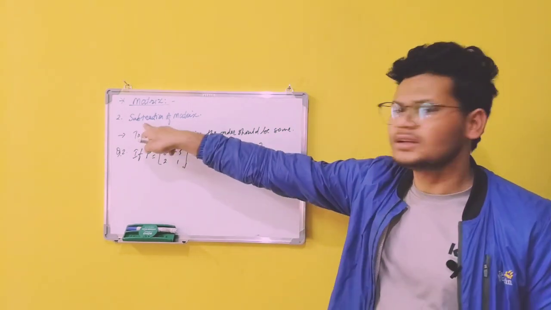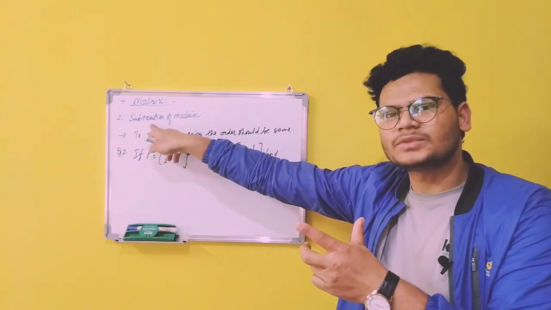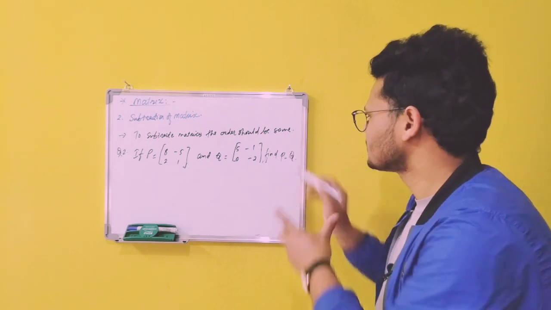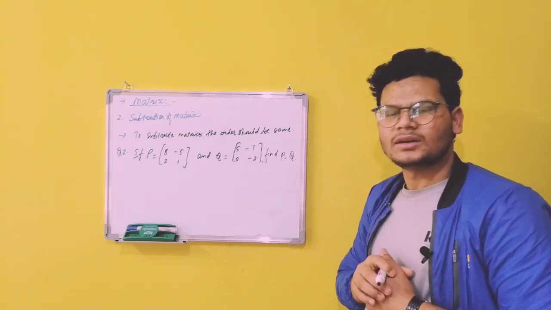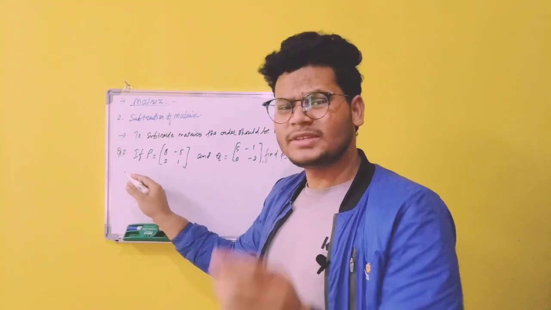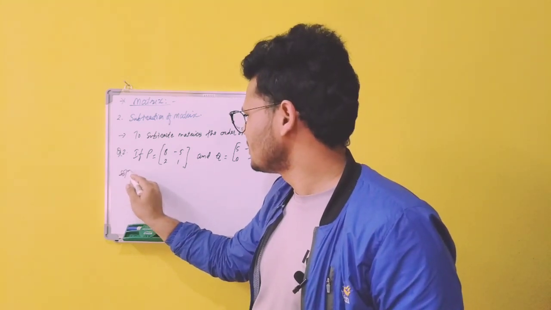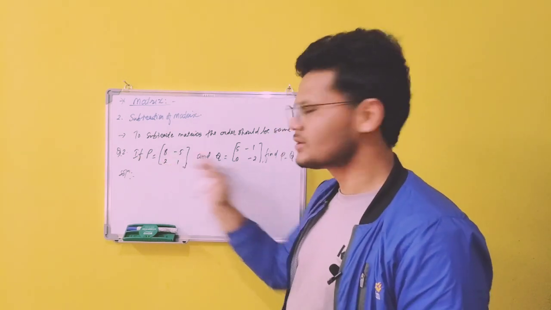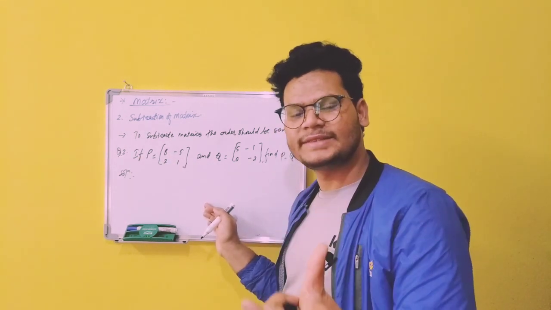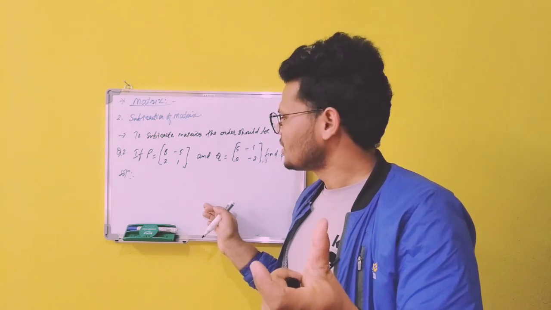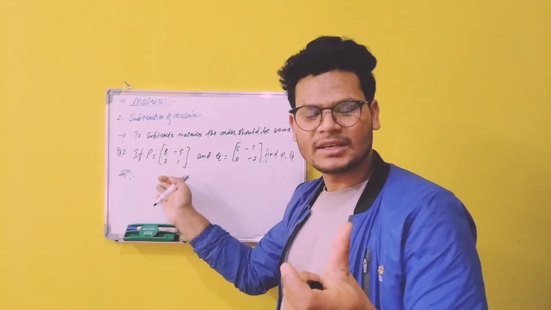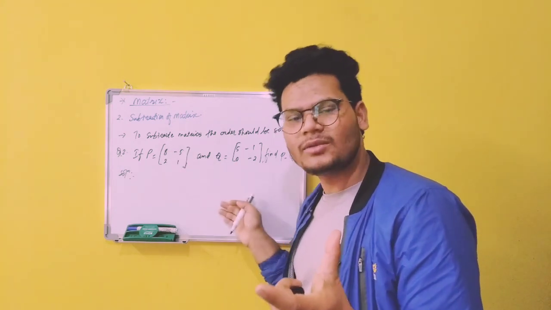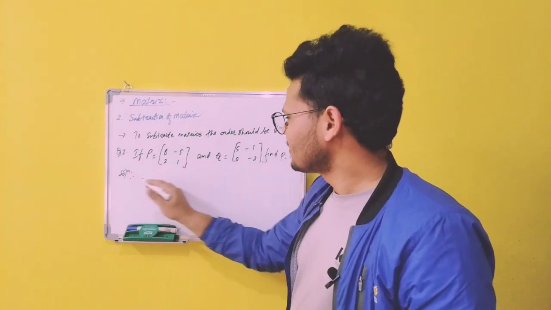Our question here is about the subtraction. Find P minus Q. Subtraction is the P minus Q, right? Okay, how to solve this one? Let us do that. Solution. First you need to copy the question, because in the exam you should not write the question. At that time you have to copy the given data first of all, and then solve what you need to find.